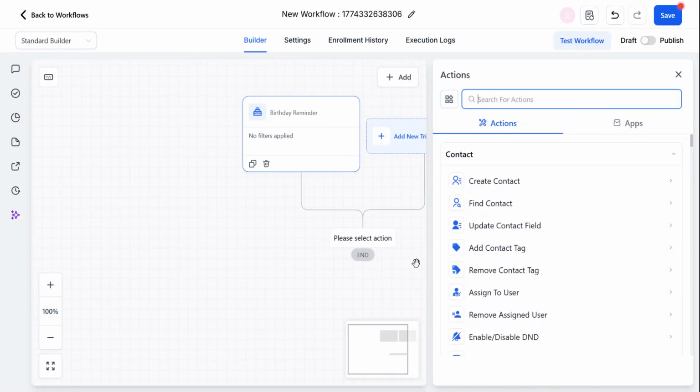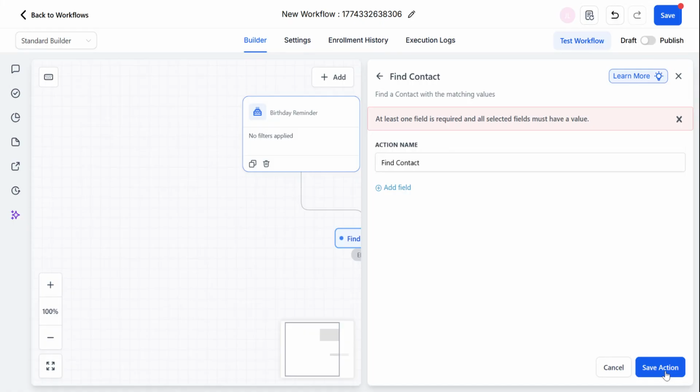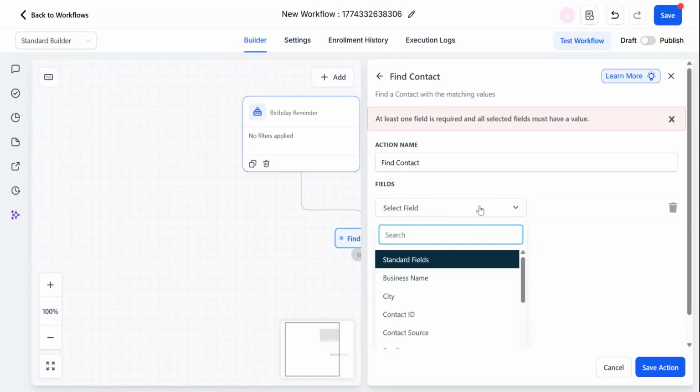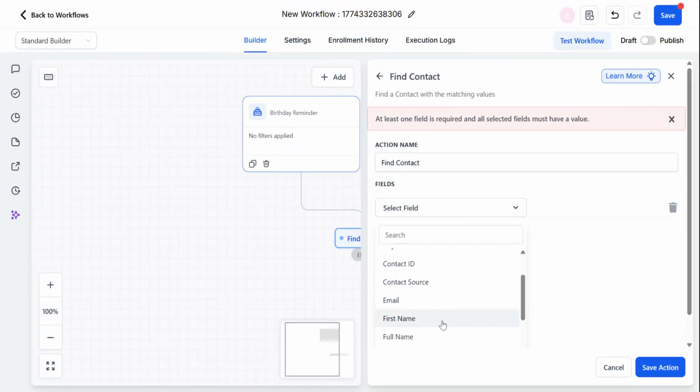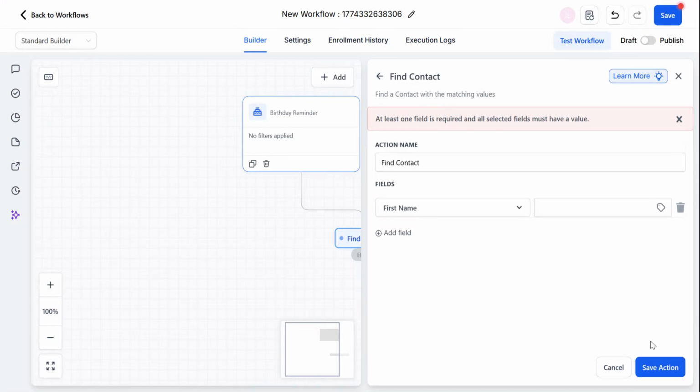Here is an action. So we choose birthday reminder, find contact, save action, one field, okay. First name, like that. Then save action. Oh no, we have to put a value. Name,